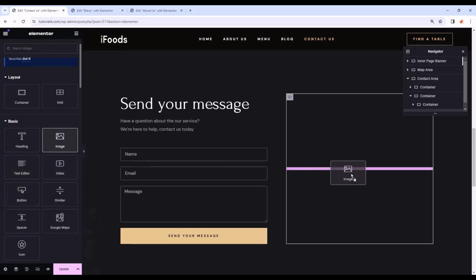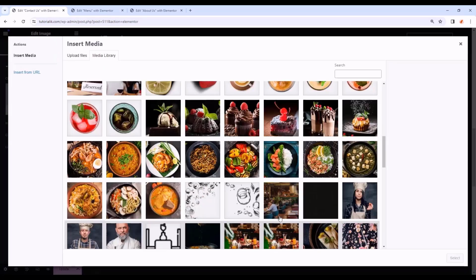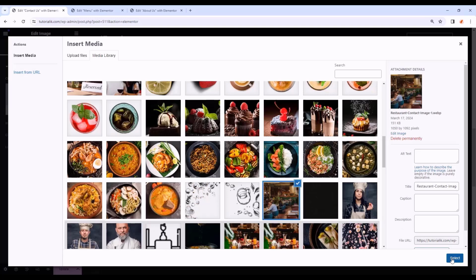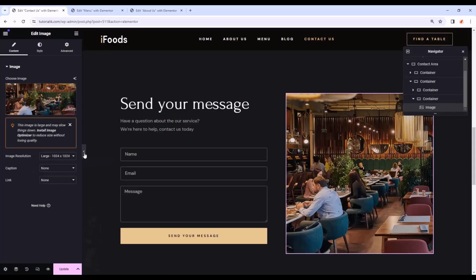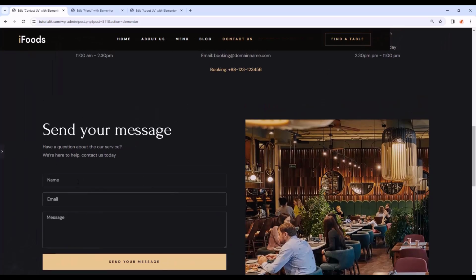And then I'm gonna go ahead and add an image inside this container, and let's choose the image. Let's select this image, and we're done with the form part. Here your visitor can type their name and type their email, and they can send you a message